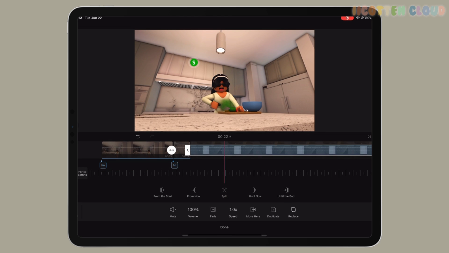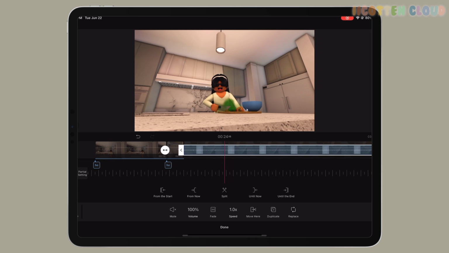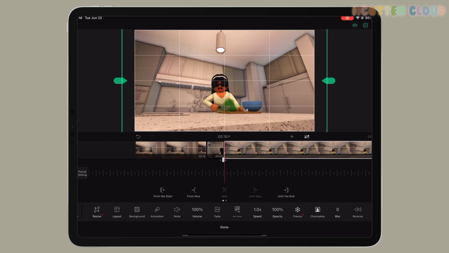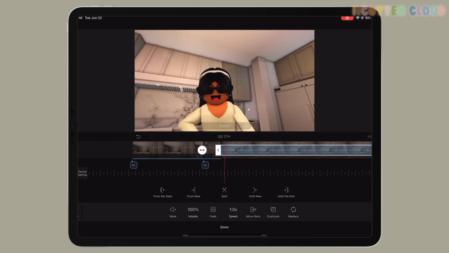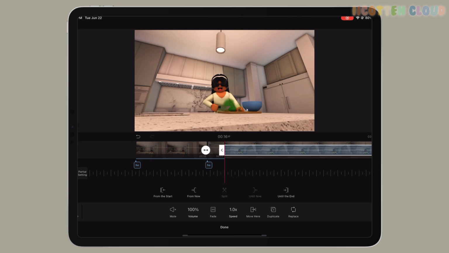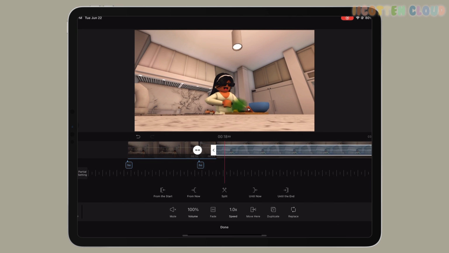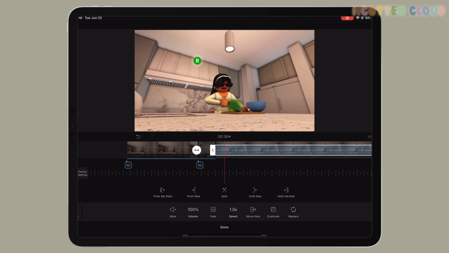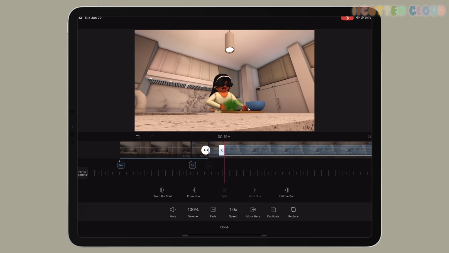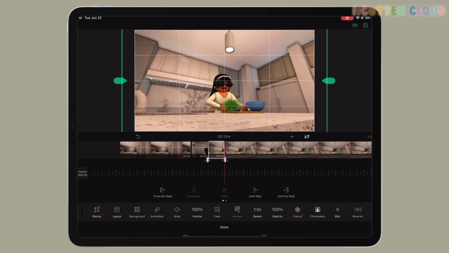Now this is how I do my little transitions, and this is how I add all my music. Vlo has no copyrighted music, so that's what I love because I feel like I can use it. So I'm gonna go ahead and play it until I start cutting. So I'm gonna go ahead and cut it through here, and then until we move on to like the next clip. So we're gonna go ahead and just like grab it from here. Okay, I start kind of cutting most likely right here, so we're gonna go ahead and split this right here,